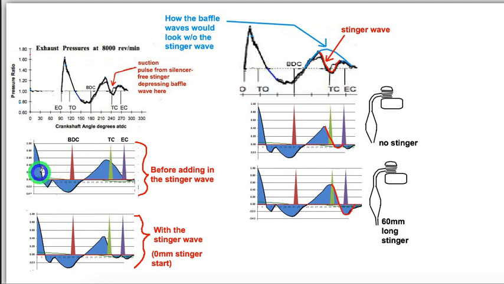This is the return waves as demonstrated on my pipe program. I created my own return wave simulator inside the program, so it's not just going by formulas. So right here we've got transfer opening. So we've got some overlap of the exhaust pressure with the transfers. Then we've got the diffuser wave, and then we've got the baffle wave. And so what you're seeing here is the program designed to not incorporate that stinger wave.